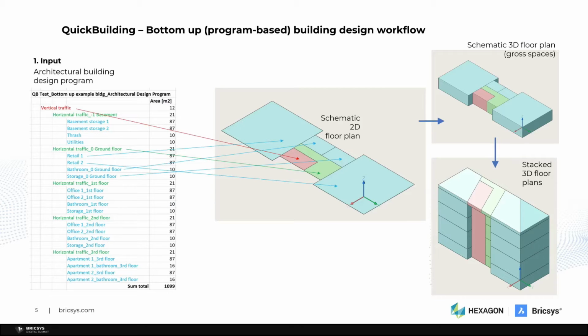Here we could start from an architectural building design program, which lists the necessary spaces of the project and the adjacency information, meaning which space should be adjacent to what. In this very simple schematic example building, we see that there's a traffic area facilitating vertical traffic in the building. Its entrance is connected to a lobby or to an entrance area on every floor, and from this area further